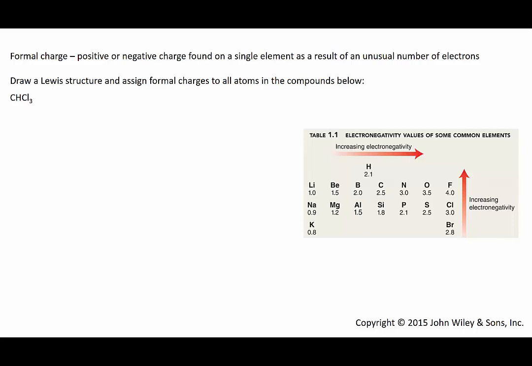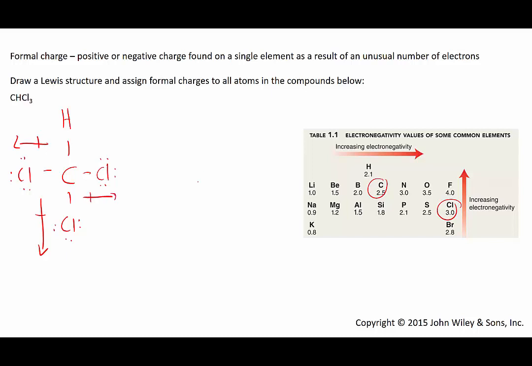One more example, chloroform, CHCl3. Draw the Lewis structure. Again, carbon and hydrogen, that's going to be a nonpolar bond because their electronegativities are so similar. But if we compare carbon and chlorine, it's a larger electronegativity difference. The chlorine atoms are drawing electron density towards them and away from the carbon,